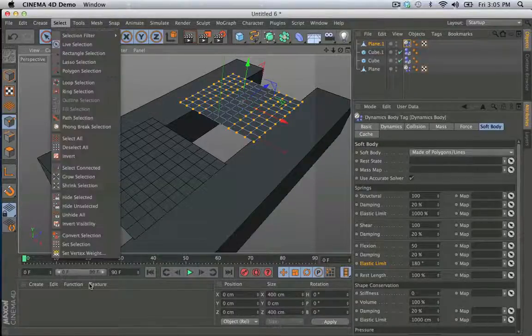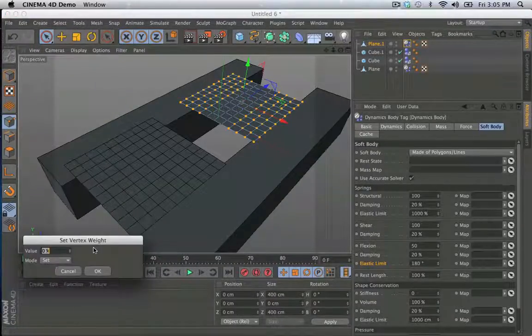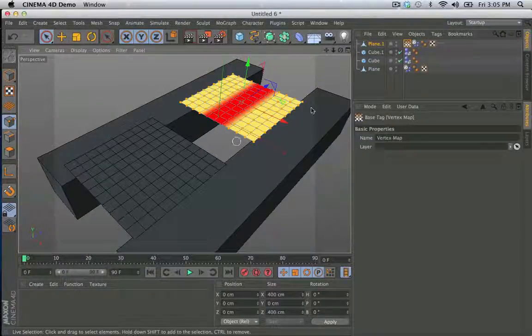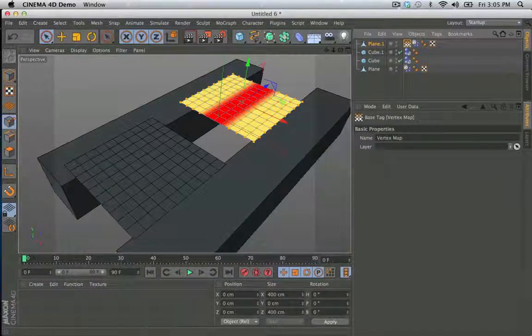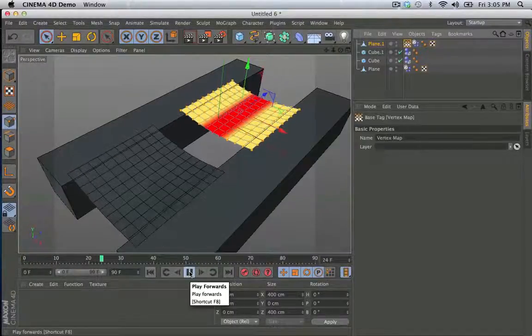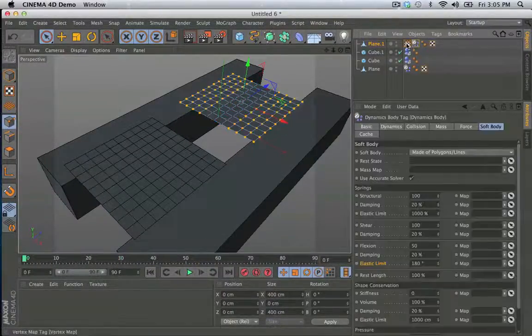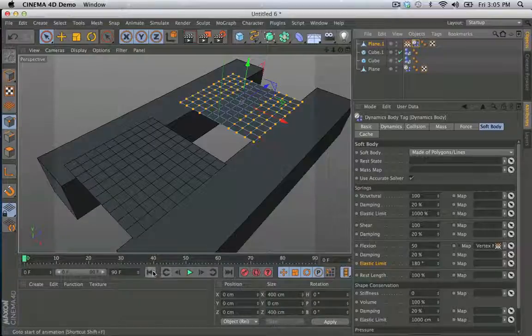Now we can go to selection, set vertex weight. I'm going to set this weight to 100, so I'm going to hit OK. Now we've got a new vertex map weight tag over here on the plane, and what can actually happen now, well, I'll just show you. Right now, it's no different. If I rewind, hit play, nothing changes. But if I go to the tag, I can now drag this tag directly into all these different parameters. So I can drag it into flexion, and now when I rewind, hit play,